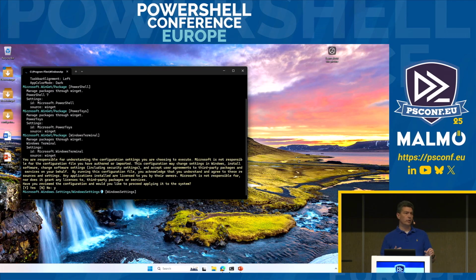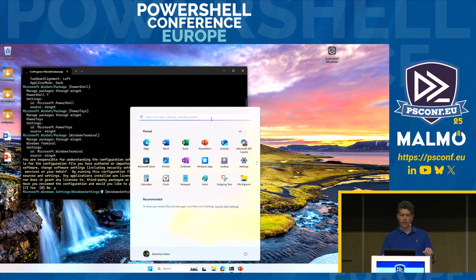And it's now going to actually go in and start making those changes and making sure that these other packages are installed on the system. The main thing this is doing is just getting my system in some state other than the default state so that we can actually see something visual in the demo that I'm going to do. While this is running, I'm going to go ahead and make a connection to a Microsoft DevBox.